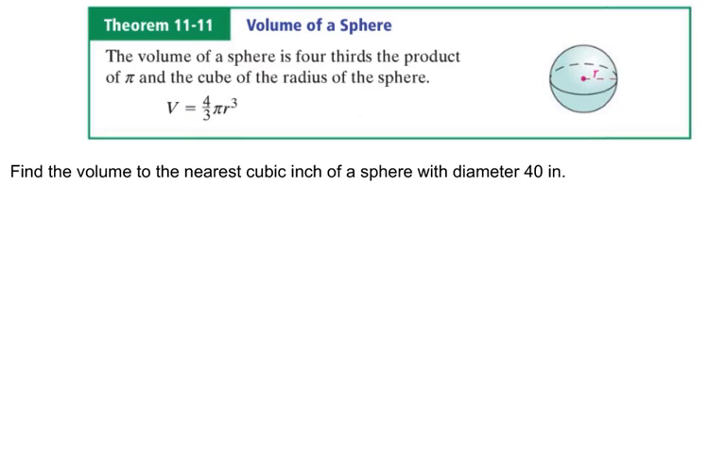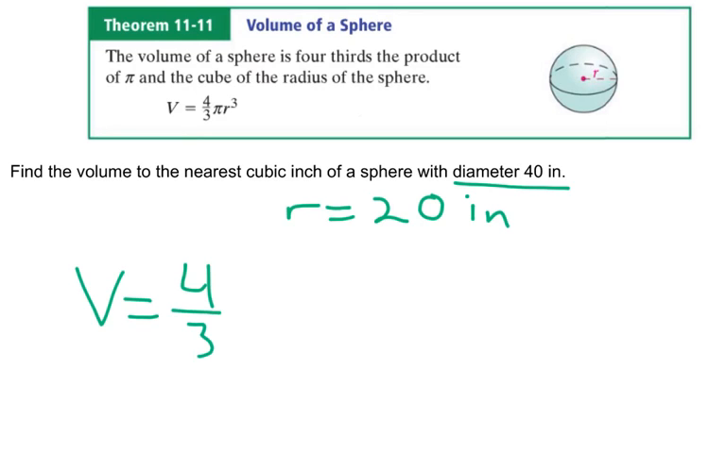Find the volume to the nearest cubic inch of a sphere with a diameter of 40. But again, the key word right there is diameter. So therefore, if the diameter is 40, which is twice the radius, the radius would be 20. Okay, 20 inches for your radius. So here, if we want to find the volume, it's equal to 4/3 pi times our radius to the third